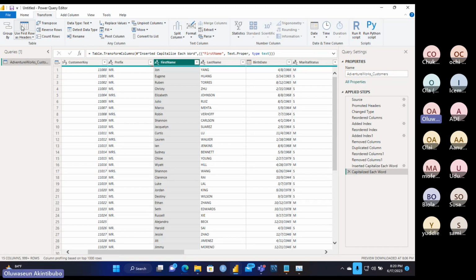If you have loaded it in, click on transform so that your Power Query environment can come up. Okay, transform on top. Okay, I'll send it.